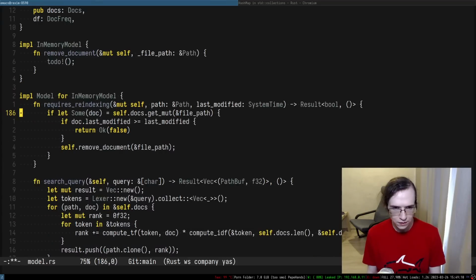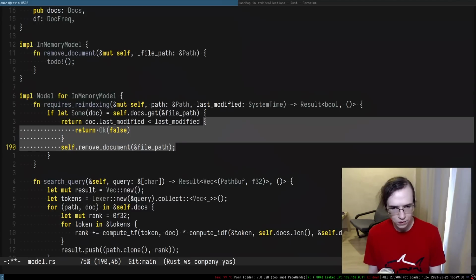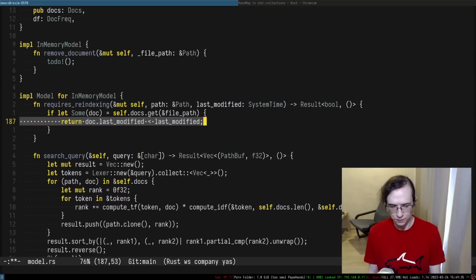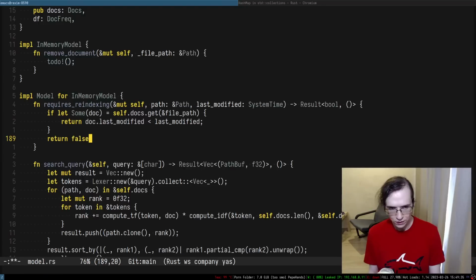So, does it exist? It doesn't really have to be mutable, by the way. Does the document exist? Right. If it does exist, is it greater? Right. So essentially, we can do something like this. If this thing is less, that is insta-true. That is insta-true. Otherwise, it's